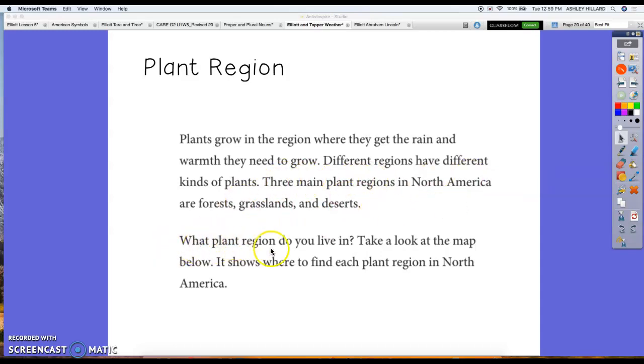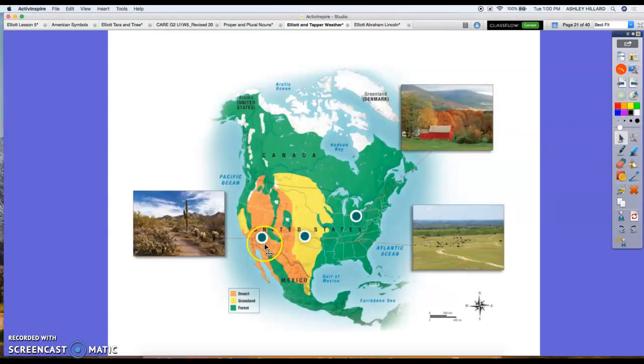So what plant region do you live in? Take a look at the map below. It shows where to find each plant region in North America. So, looking at this map, here is a map of North America. We have Canada, United States, and Mexico.